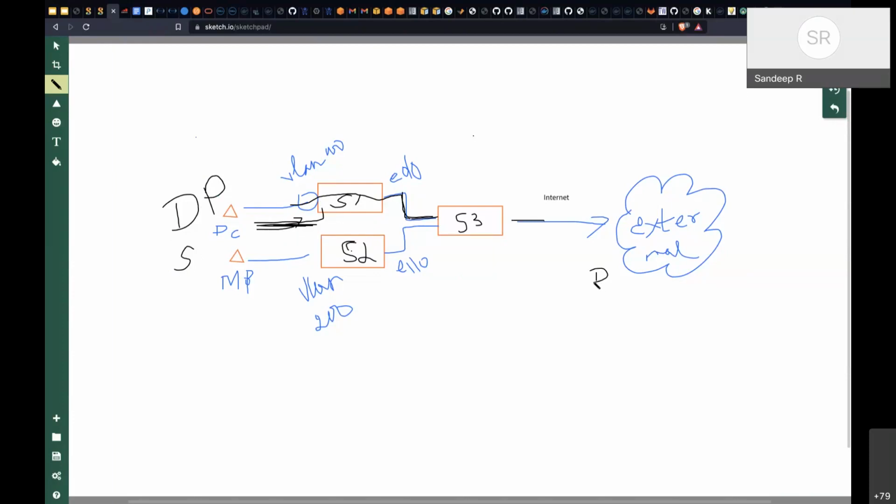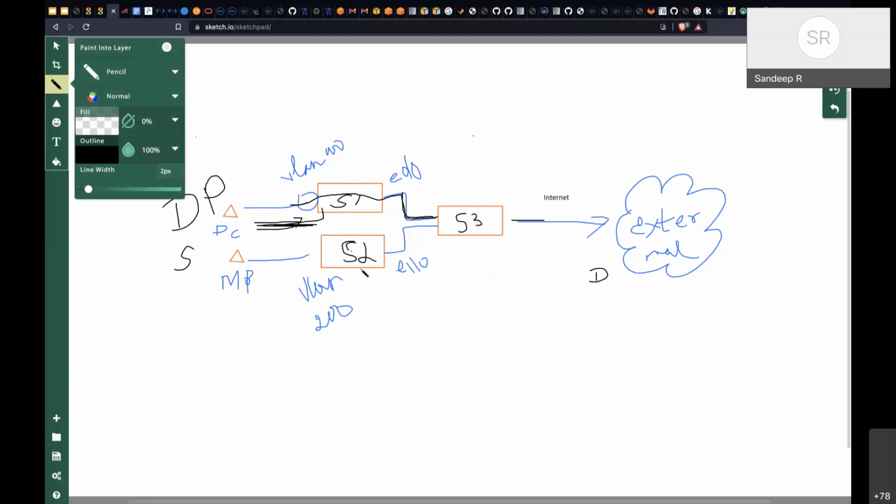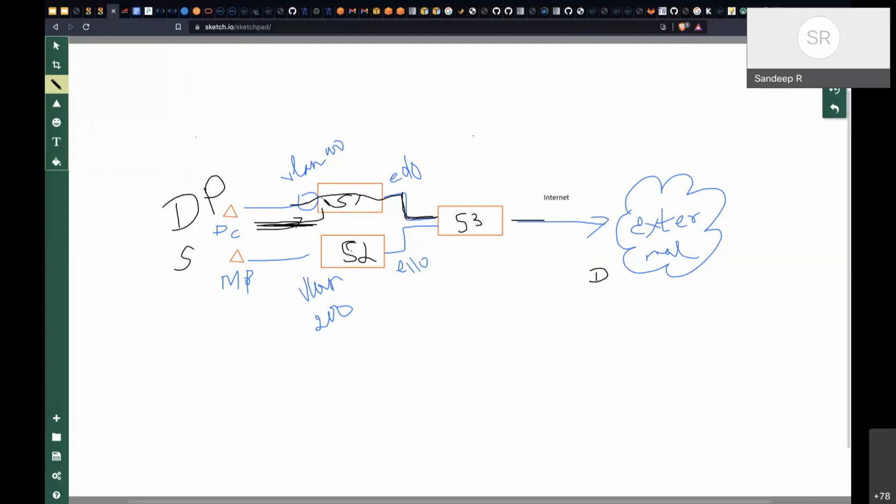So the question is, what is the data plane? A data plane is nothing but the path taken by the data from its source to destination. Now let us say, how did the switch know that it has to send the packet out of this interface?